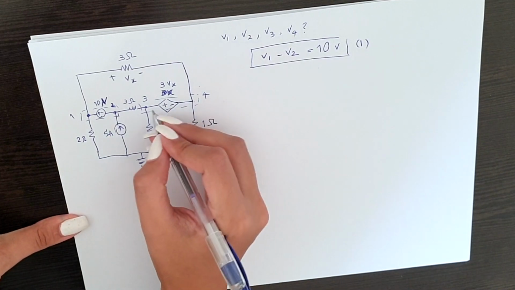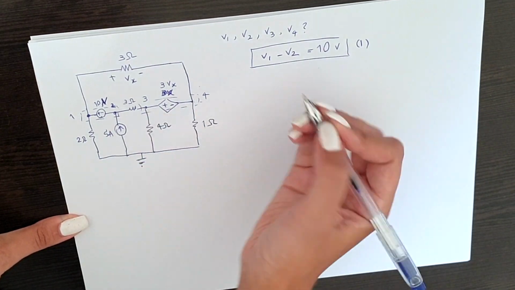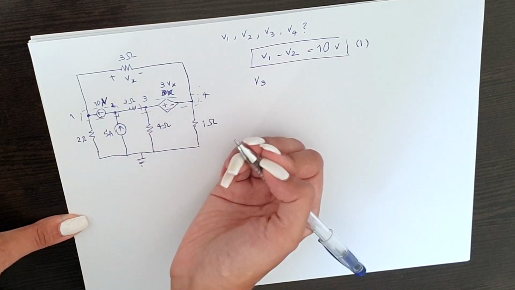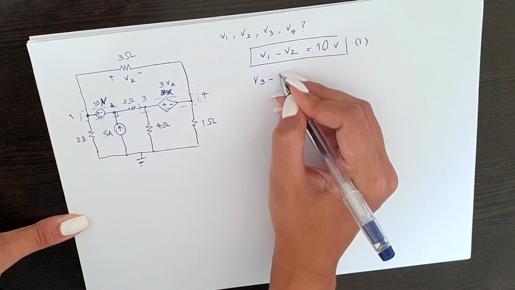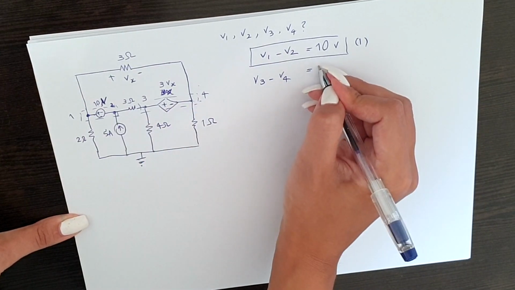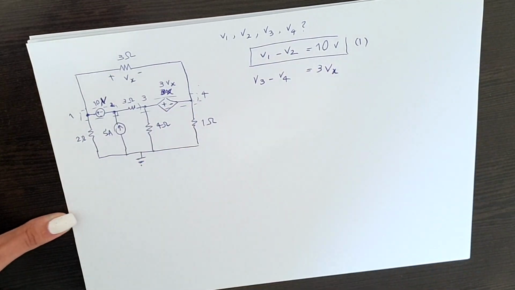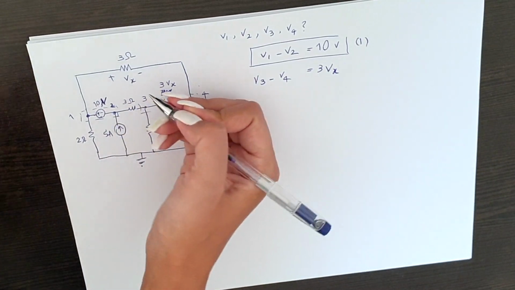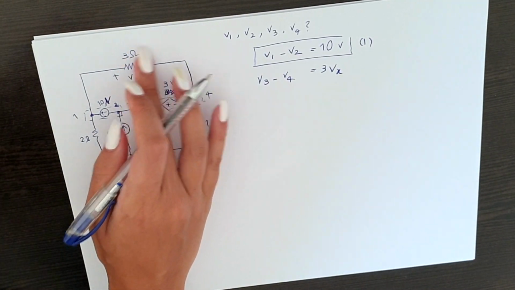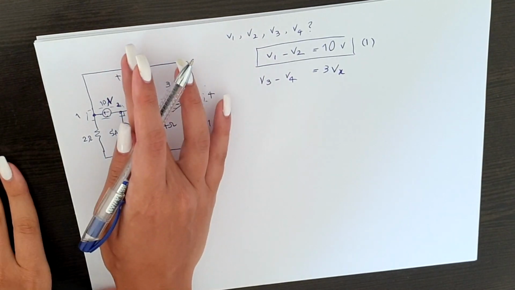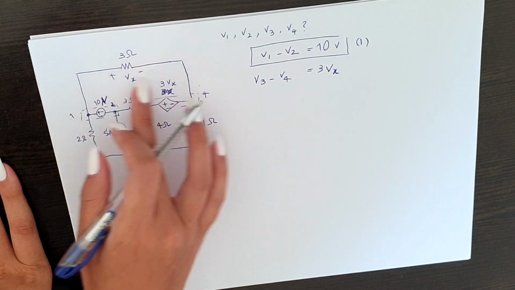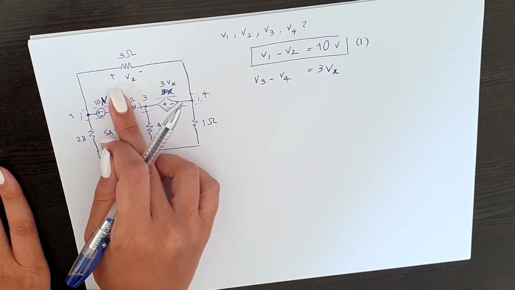And then we have another supernode in here, which is again the same thing. We're gonna write V3, which is the voltage on the positive side, minus V4, which is the voltage on the negative side, is equal to the voltage in between, which is 3Vx. But what is Vx? Here we have Vx again. Here, guys, we don't consider that we have a resistance here. It doesn't matter. We have a resistance here,